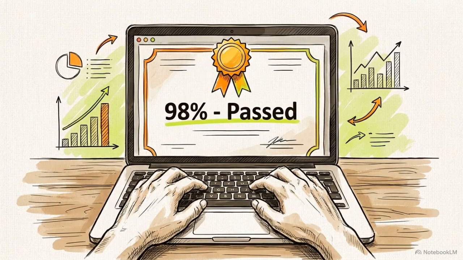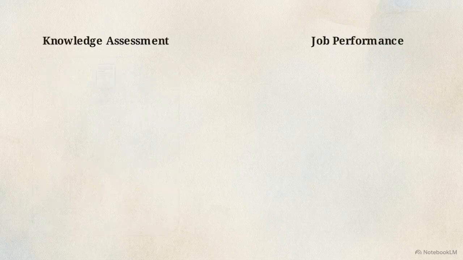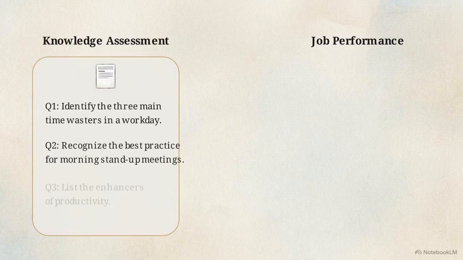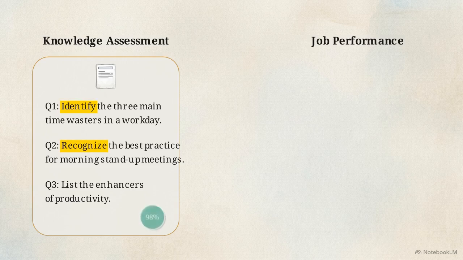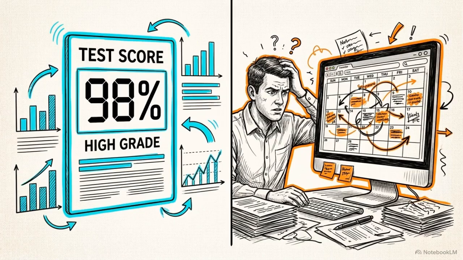He scored a 98% on the online assessment, yet his actual ability to manage his time on the job improved by exactly 0%. To figure out why, Satya broke down the actual questions he was asked. The module tested his ability to identify time wasters and recognize best practices. It measured his ability to recall information, but it never tested his ability to actually manage a schedule. A near-perfect assessment score provides zero evidence of skill acquisition if the tool used to measure it aligns with the